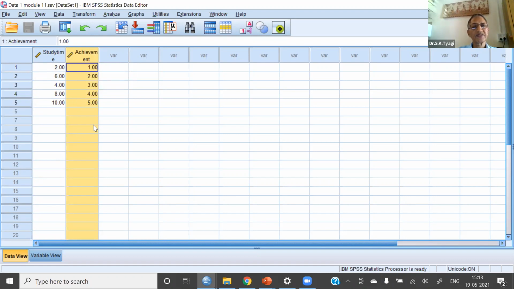We took this example yesterday also. Achievement is y score, y variable. Sorry. Okay, this is a different example. Achievement is the dependent variable, and study time is the independent variable. I was confusing it with the wording of the research objective, which was altogether different. The variables were different: teaching competency and achievement in the teacher training program. This is a fresh example. Here, the dependent variable is achievement, and the independent variable is study time.